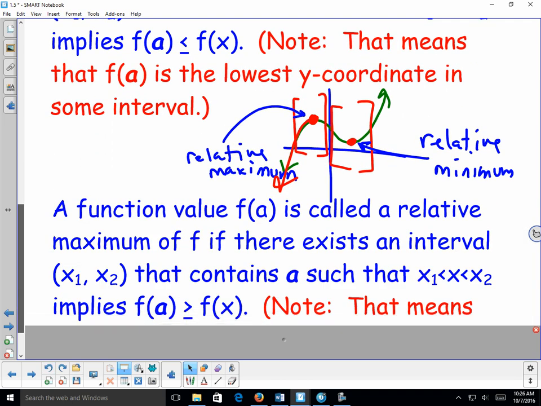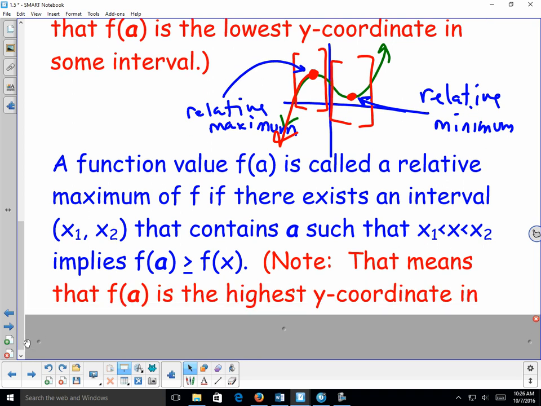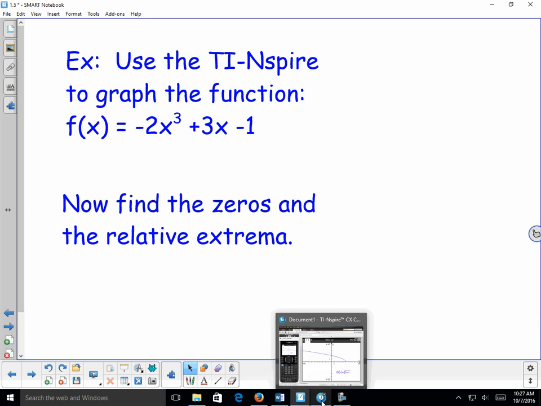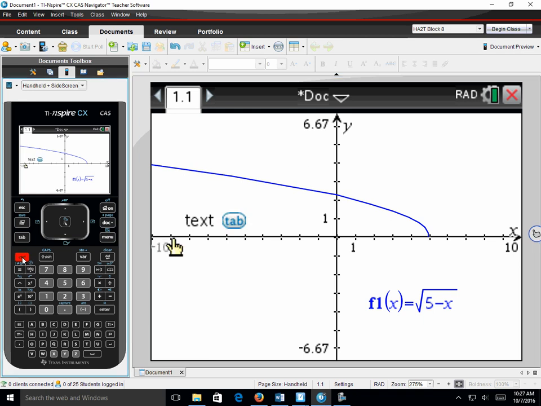Okay, so I'm going to skip over this wordy definition of the relative maximum. All right, so let's take a look at using the TI Inspire to graph the function f of x equals negative 2x cubed plus 3x minus 1. We're going to look at that and try to find the zeros and the relative extrema. So if I pull up my graph and I want negative 2x cubed plus 3x plus 1,